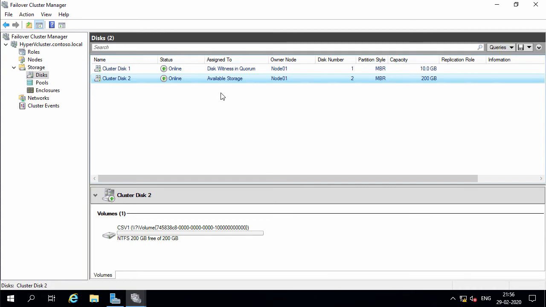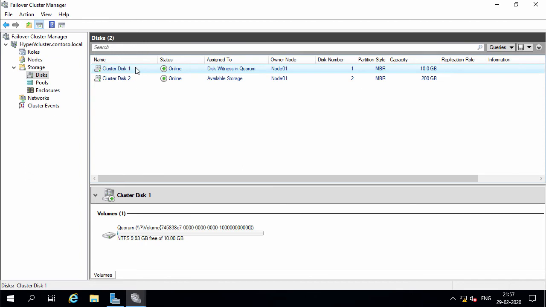Now, the ownership of both the cluster disks is currently held by cluster node 01. It is a recommended practice to rename these cluster disks into something more meaningful. In my case, I will call cluster disk 1 the quorum disk.